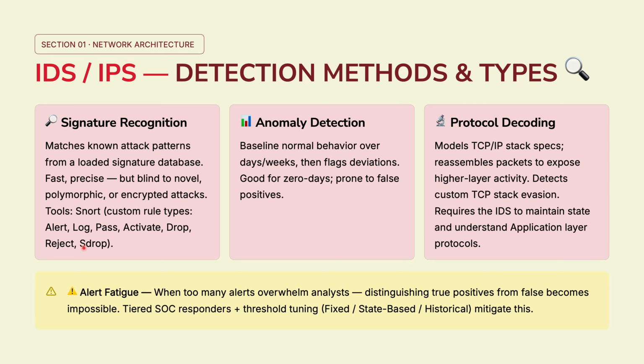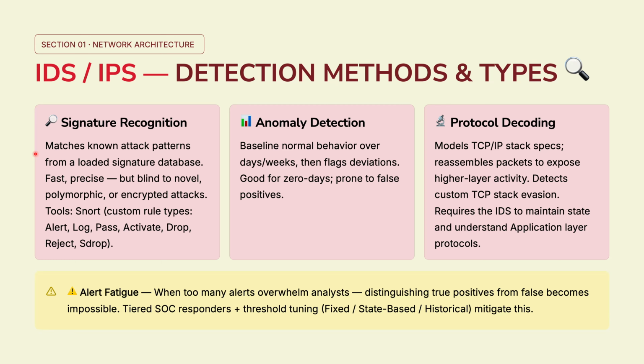Now, let us begin with the first major topic in network architecture, IDS and IPS detection methods and deployment types here. So we will start first with signature recognition. Now, signature-based detection here matches known attack patterns from preloaded databases, making it fast and precise for known threats. However, it is fundamentally blind to novel or encrypted attacks because it can only match what has already been